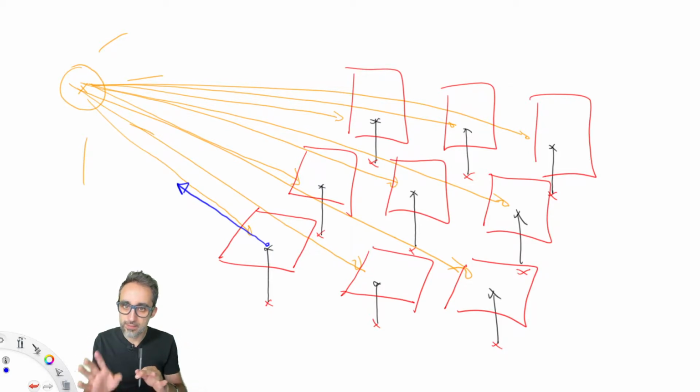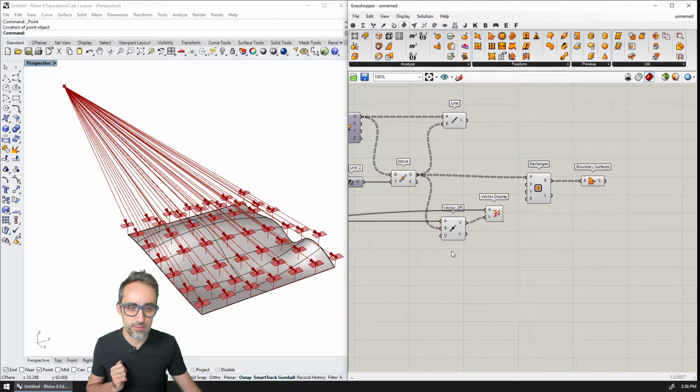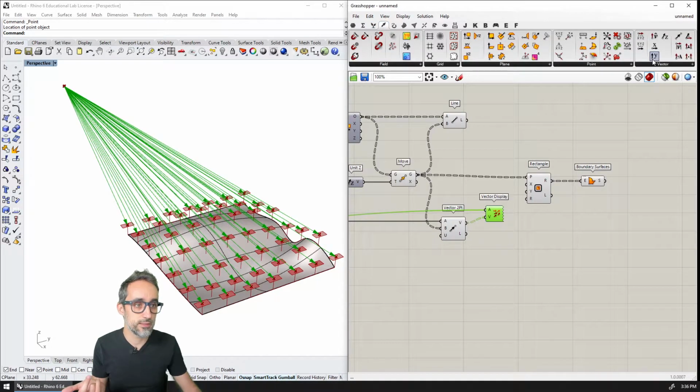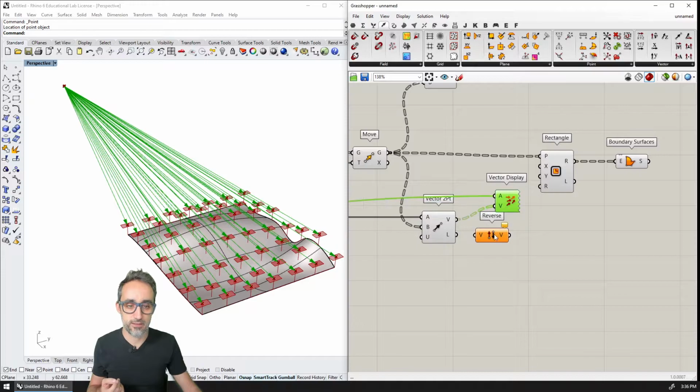We're going to try this. This is not the way we're going to go for the reasons that you will see very soon, but let's try this out. If we go to Rhino, we can take these vectors that we have seen are the ones coming from the sun, and then we can just reverse them. We can flip them. So I'm going to go to vector, and I'm going to reverse these vectors.